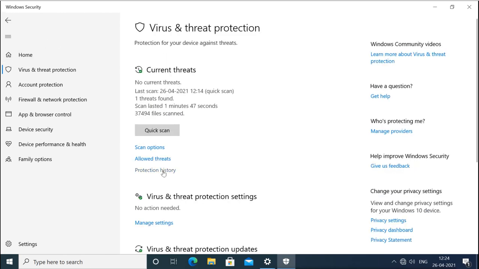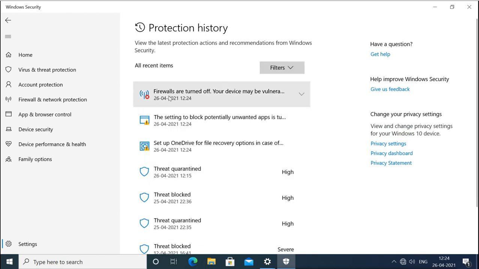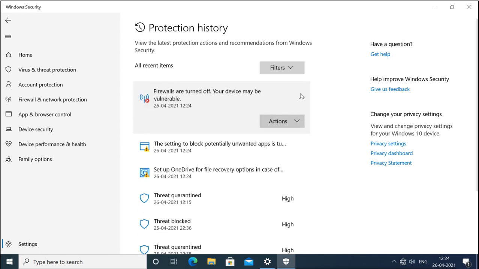So this is your protection history. View the latest protection actions and recommendations from Windows Security. What are these latest actions required? These are the actions, like firewall is off. It is saying your firewall is off, and you should enable the firewall.